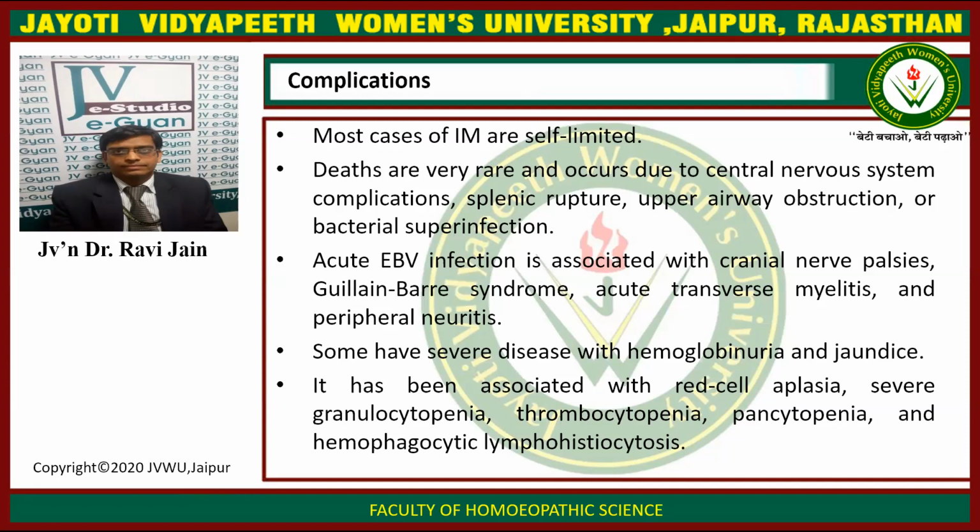Acute Epstein-Barr virus infection is associated with cranial nerve palsies, Guillain-Barré syndrome, acute transverse myelitis, and peripheral neuritis. Some have severe disease with hemoglobinuria and jaundice. It has been associated with red cell aplasia, severe granulocytopenia, thrombocytopenia, pancytopenia, and hemophagocytic